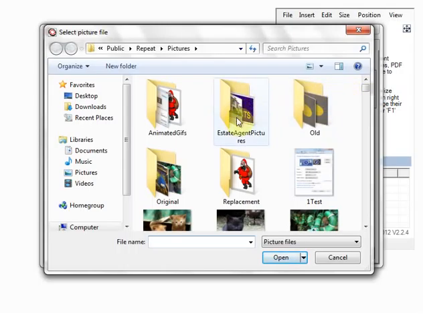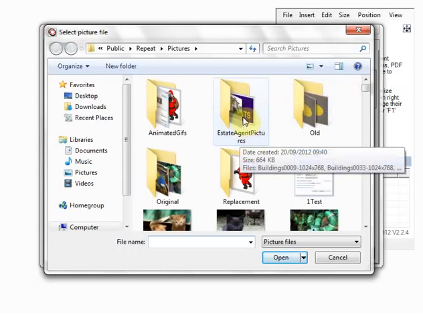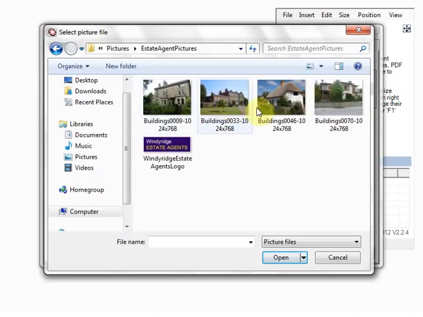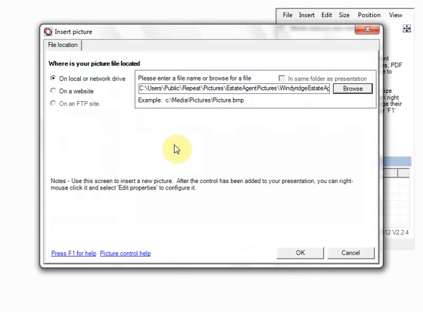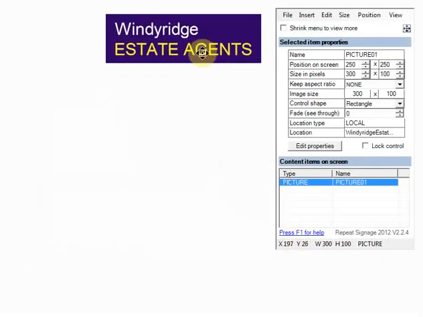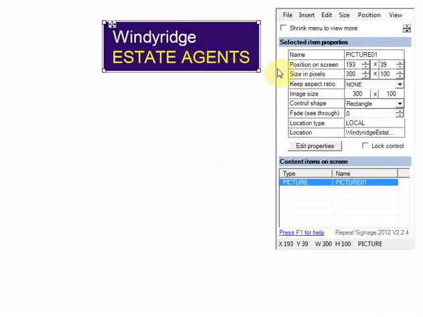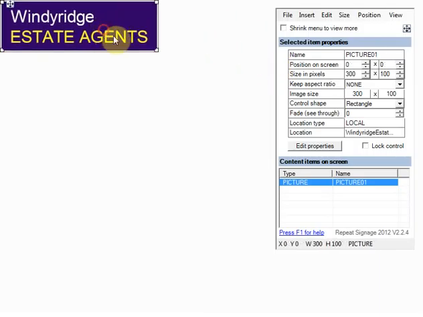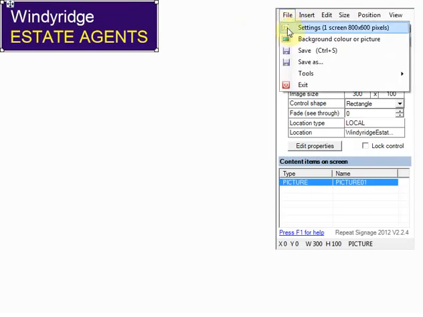Okay, so pictures, I've got all the pictures I want for this data unit sample in here, which includes 4 house pictures and also the logo. So I'll go ahead and click on the logo, and then OK. So that's my logo. Now I want this purple colour to be the background colour. So what I'm going to do now is click on File and Settings,